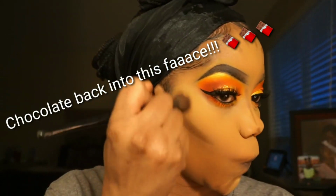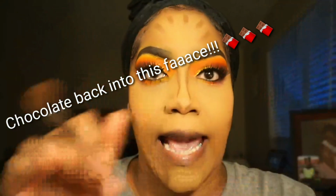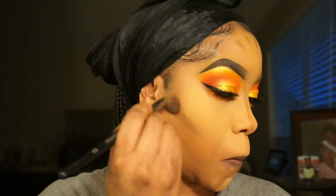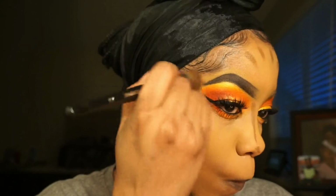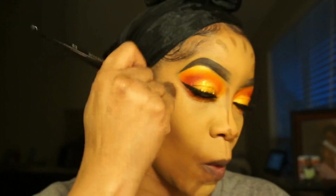Okay, so anyways, I'm going to take my Anastasia Beverly Hills Foundation stick, and I'm going to contour my face. What this does is that, one, brings some chocolate back into this face. Yes, it brings some chocolate back into your face. It brings back color to your face. And two, it shades any areas that you want to define or reshape, like your nose, your forehead, your chin,